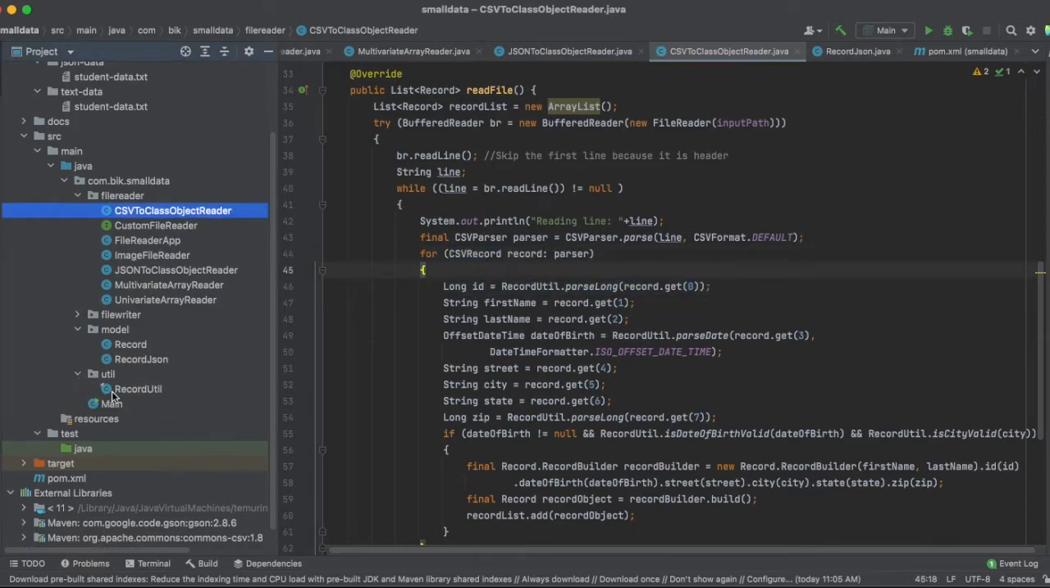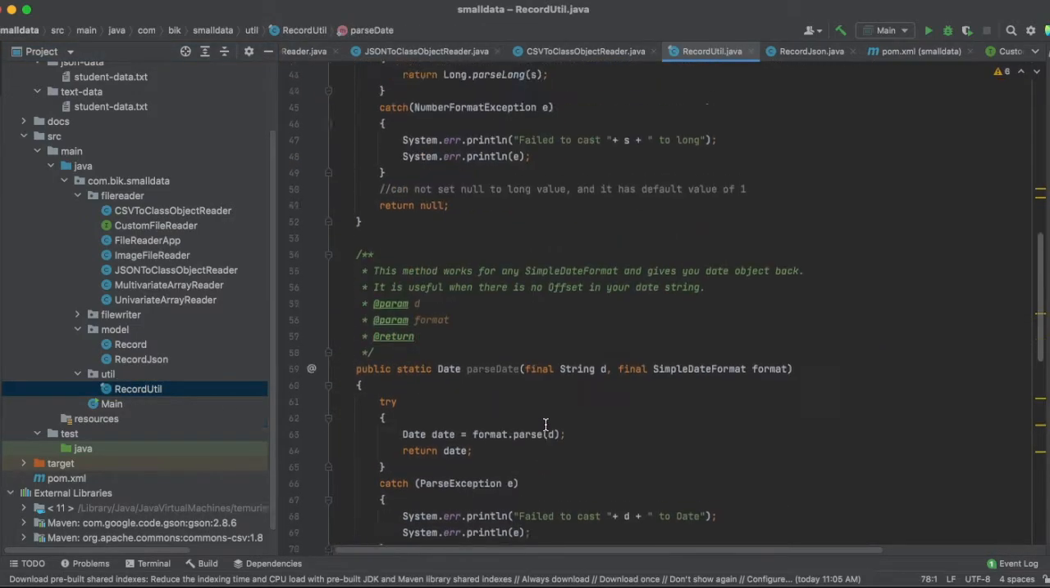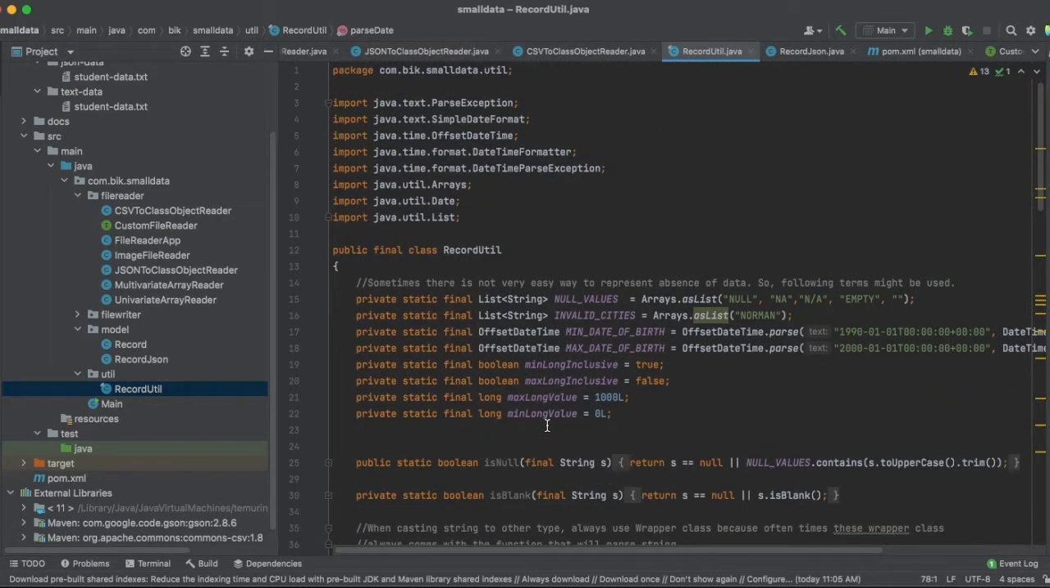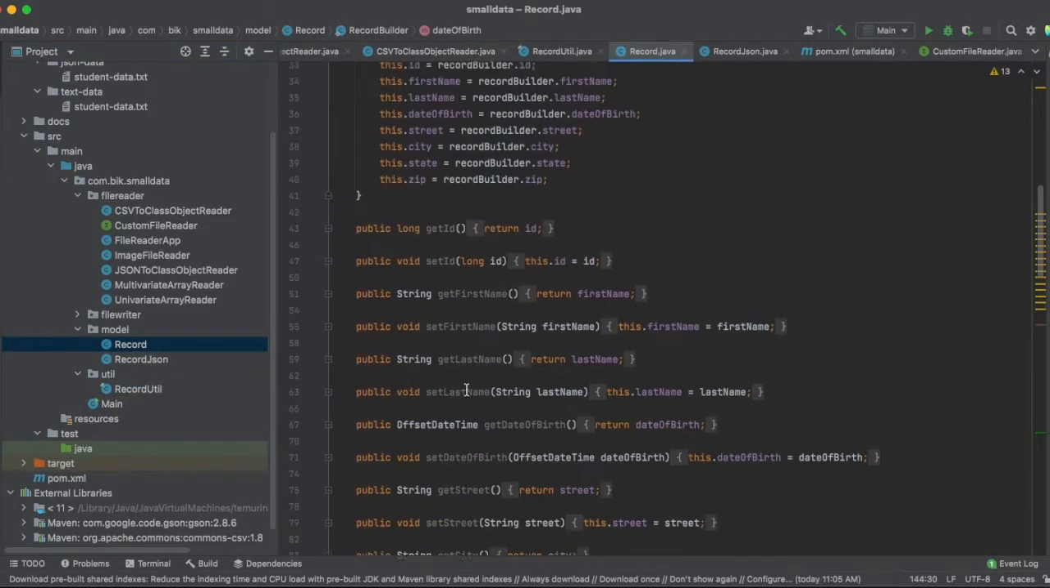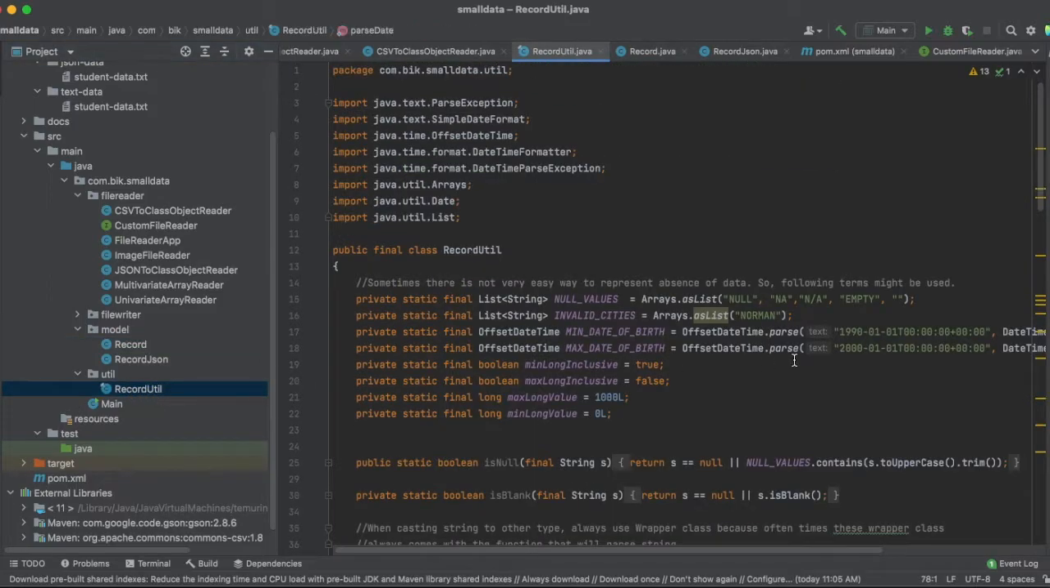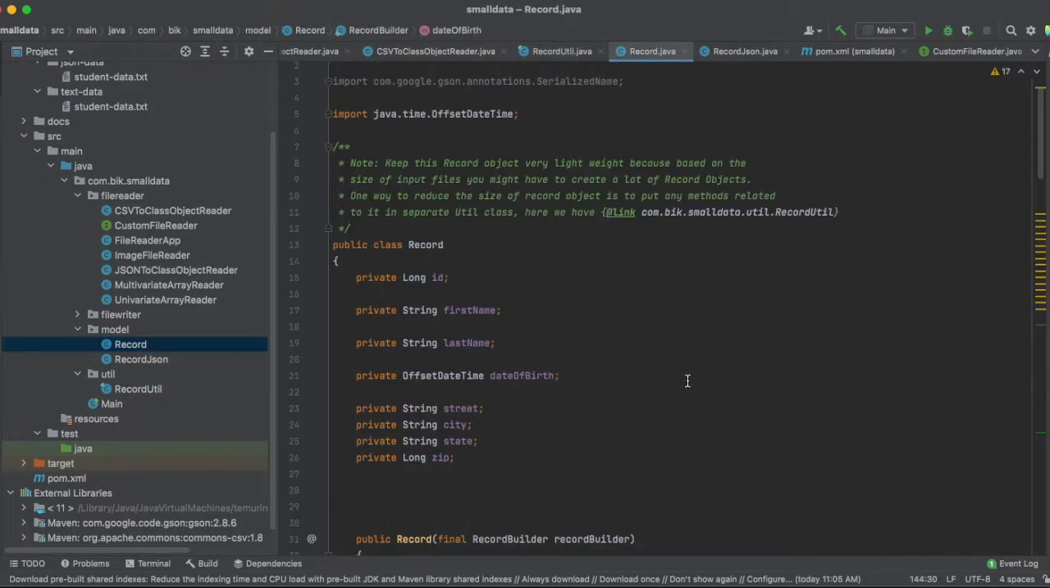The reason for that, one question that I would like to address here is: why not create this util method in this object in here? Why create a separate RecordUtil? The reason for that is we want to keep this record object as lean and as lightweight as possible, because